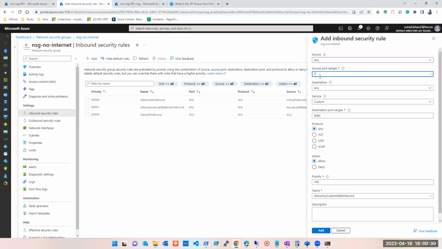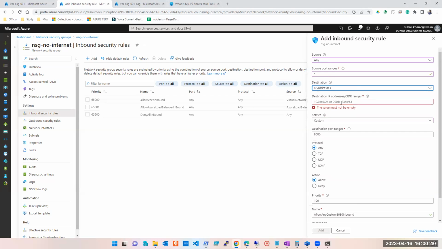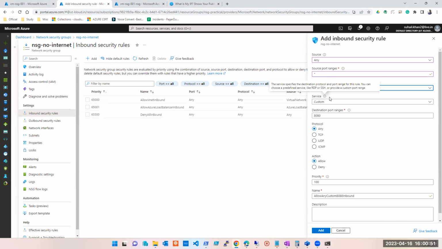Any, any. किसी भी पोर्ट से आने दो। ओके, ये हुआ आपका सोर्स। नाउ डेस्टिनेशन। डेस्टिनेशन में भी आप पूरे सबनेट पर ये करना चाहते हो, या एक पर्टिकुलर आईपी एड्रेस पे या किसी पर्टिकुलर रेंज पे? बट व्हाट डू आई वांट? एनीवेयर। जहां पर भी ये जाता है, इस सबनेट में जो कुछ है सब पे अप्लाई होना चाहिए।